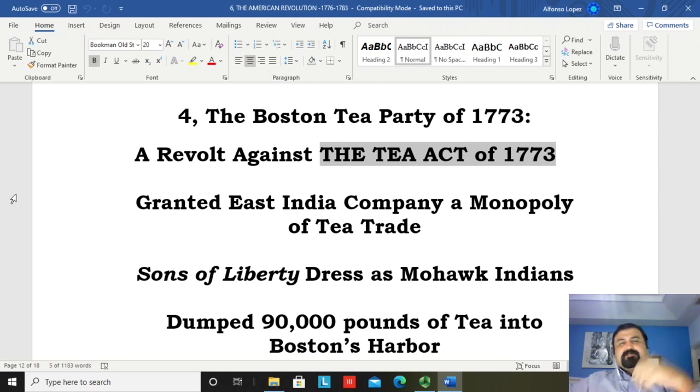As a matter of fact, this is lowering the price of tea from the perspective of the consumer. In the colonies, they're going to buy tea very cheaply if you're simply a consumer. But if you are the merchant, the seller, you're out of business. Therefore, those tea merchants in the colonies, from Boston, New York, Philadelphia, and Charleston, South Carolina,